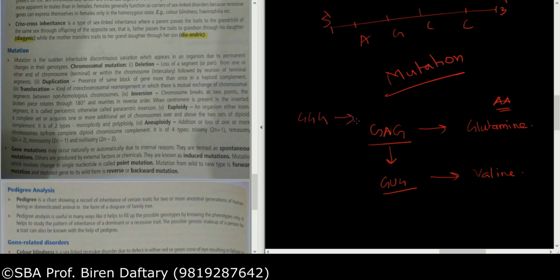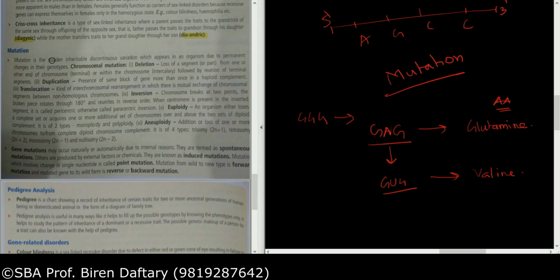But this triple G also produces the same amino acid. So it doesn't make a difference whether the nucleotide is A or G, because it is going to produce the same amino acid. So depending on the type of mutation, it can be harmful, neutral or beneficial. I hope you have understood what mutation is. Basically the change in the nucleotide sequence is called mutation. Okay, so over here what have they given?